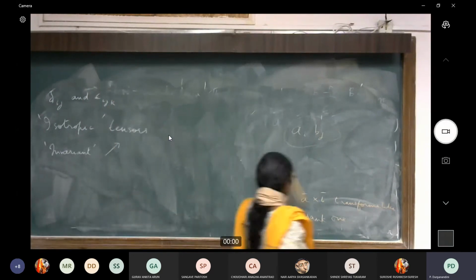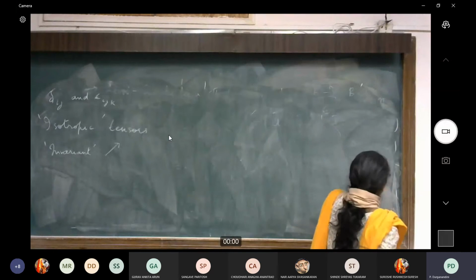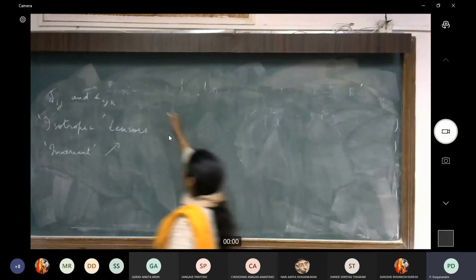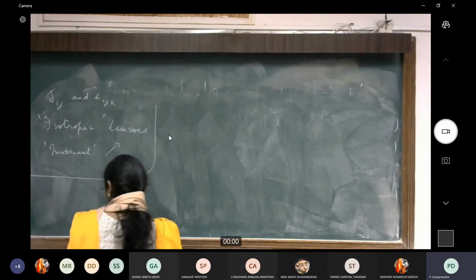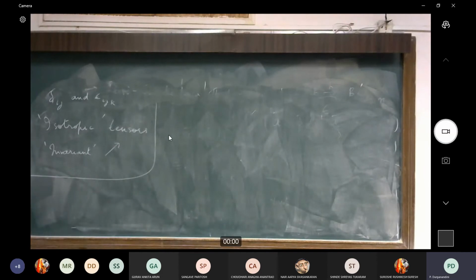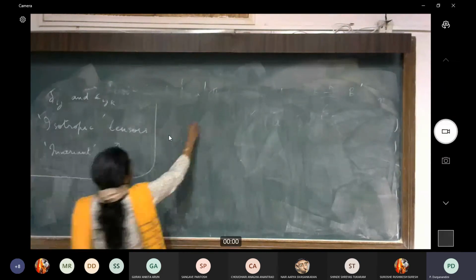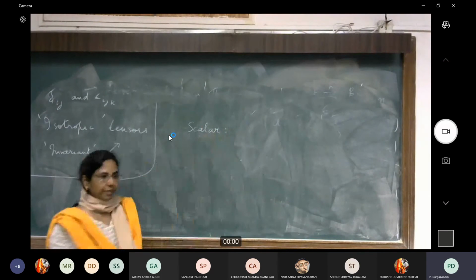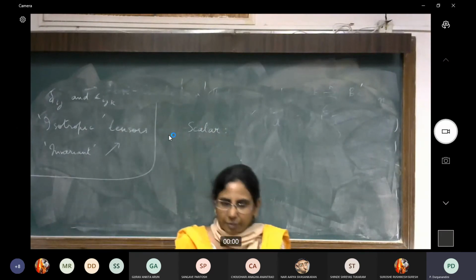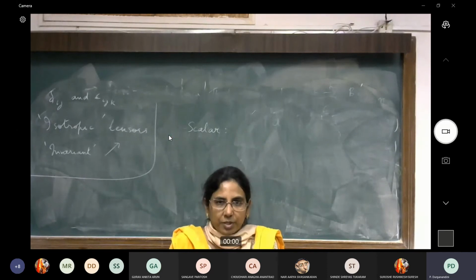Now often in our physics applications, it's useful for us to know if some object is isotropic or not, because it will tell me whether I have rotation symmetry or not, for example, whether it will matter in which direction I'm seeing my physical quantity. So often people are interested to know whether a tensor is isotropic or not. Now let's go back again to our more general tensors. If I have a scalar, by definition it is isotropic because we know that it doesn't depend upon which basis you are choosing.